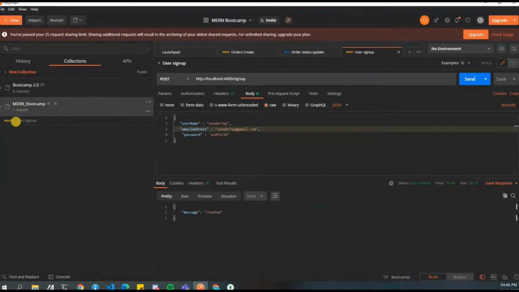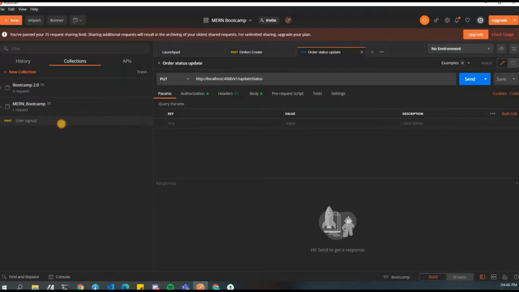So over here if you see, your request will have, this is a post request with user sign up in it. So yeah, these things are saved. Even if you click cancel, you will see that this is saved. So yeah, the advantage of using Postman is this: you can share this with your teammates as well, but we'll talk about that later. But for now, I think this pretty much works, right?